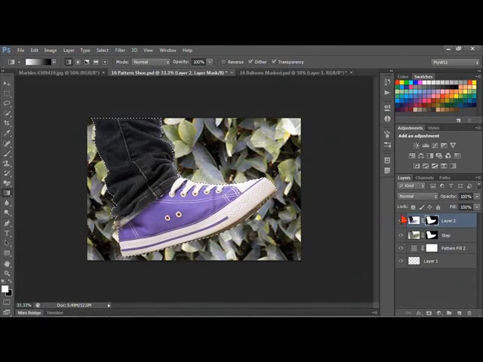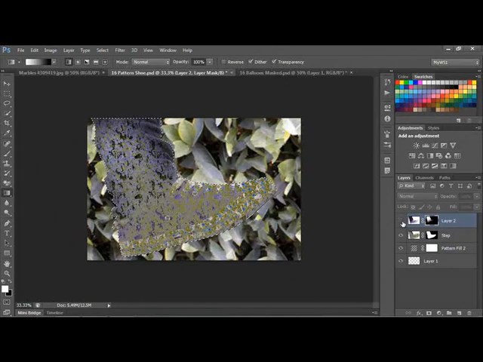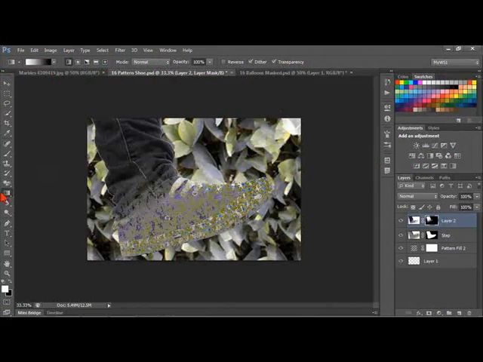I could also Control click on the mask, and now when I apply the gradient, it's still going to apply it to the mask, but it's only going to apply it to where I've selected, and I can click in certain directions, and I can basically add to that mask effect in there. Let's go ahead and undo that. We're going to deselect that rather, and we're going to create a